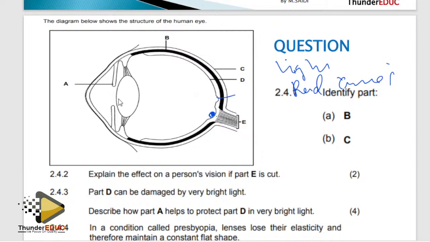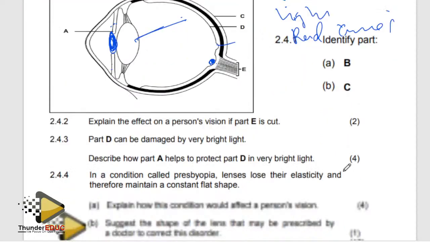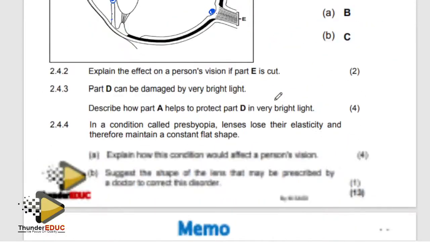And then this is the iris, and the space is the pupil. You understand? The space is what? The pupil. So basically, the iris controls the size of the space, which is called the pupil. Sometimes people confuse the iris with the pupil. And then this is a lens. What's the function of a lens? It is to bend light to the retina. So basically, it refracts light to the retina. So I think I'm clear there.